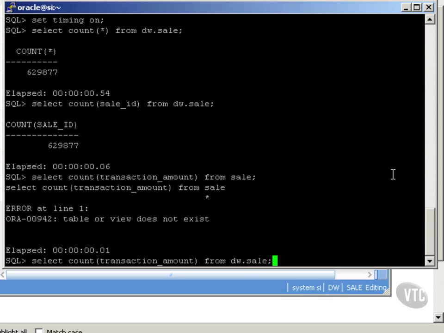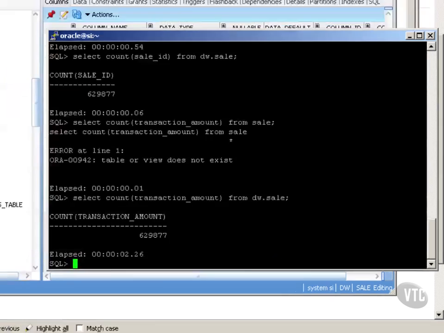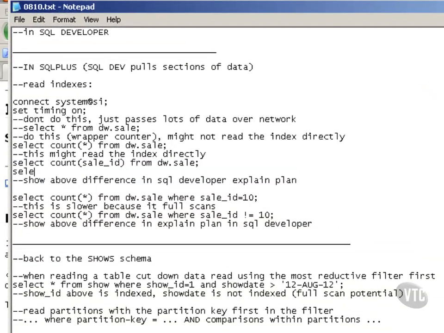Remember, I connected as system and I'm looking at the DW user. And that takes a lot longer. It's not reading an index. As you can see, the last one executed in 6 milliseconds. So now I actually want to take that example, count transaction amount